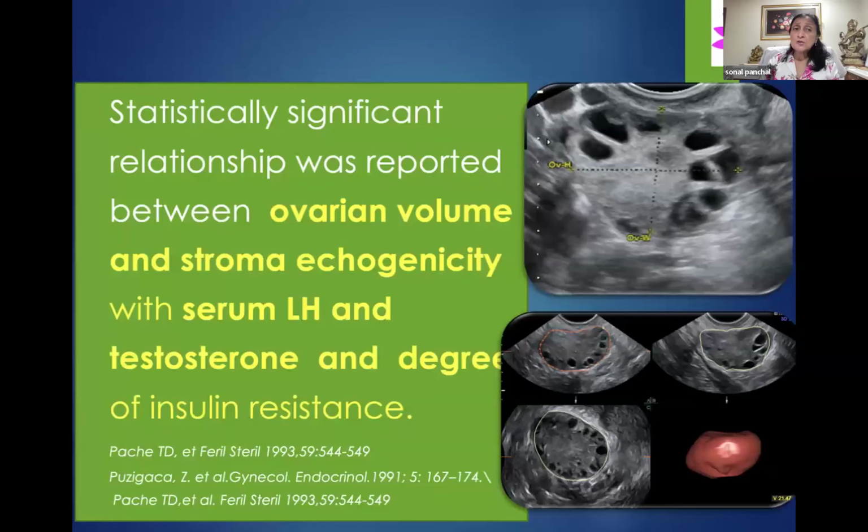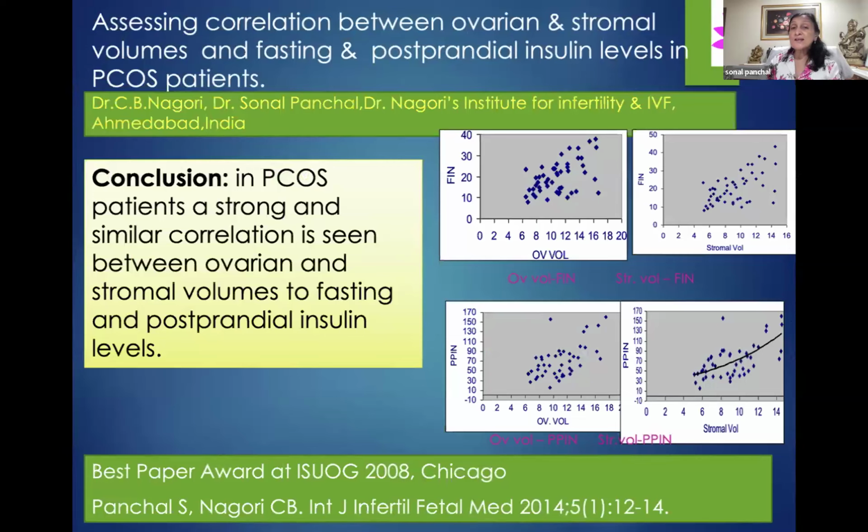Along with this evidence, a statistically significant relationship was reported between the ovarian volume and the stromal echogenicity with serum LH and testosterone and the degree of insulin resistance. And still one more piece of evidence says that there is the strongest correlation between the stromal volume and the postprandial insulin level in PCOS patients. All this put together tells us that, yes, abundant stroma tells us LH is high, and it also correlates with